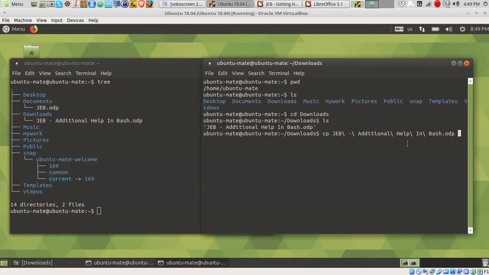So what I want to do is copy that, but I want to reform it into a smaller name. And I'm just going to simply call it JEB bash.odp. Press enter. It doesn't scream at me. It looks okay. And now I'm going to press ls again. And I now have two files in here, the JEB file and the JEB shortened name, JEB bash. Okay, so